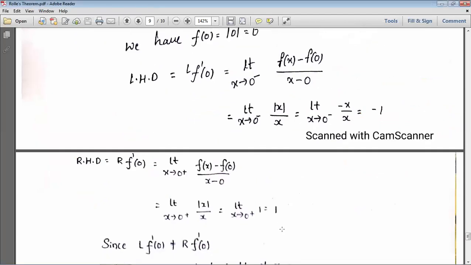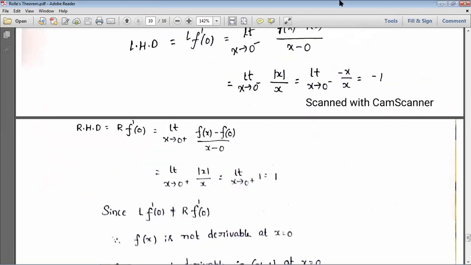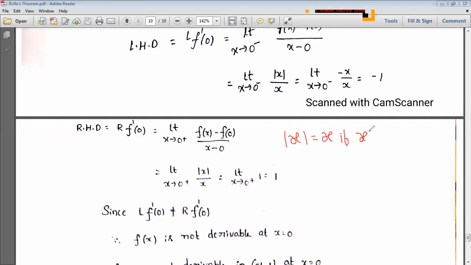So here it is, if you observe this right hand derivative, same like the above one. So here it is, simply minus, here I wrote plus. And as usual, f of 0 is 0 and 0 as it is. Simply what we can write, mod x is equal to x if x is greater than or equal to 0. It means x tends to 0 plus is nothing but representing what? x tends to 0 plus is nothing but we can write it as x greater than 0. Mod x is nothing but x if x greater than 0.